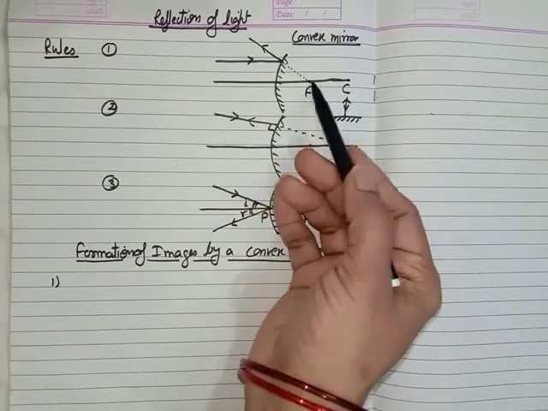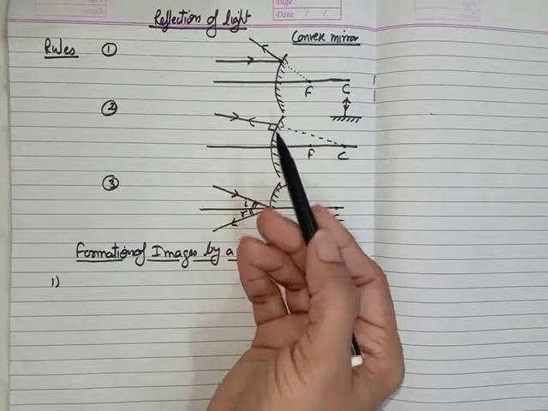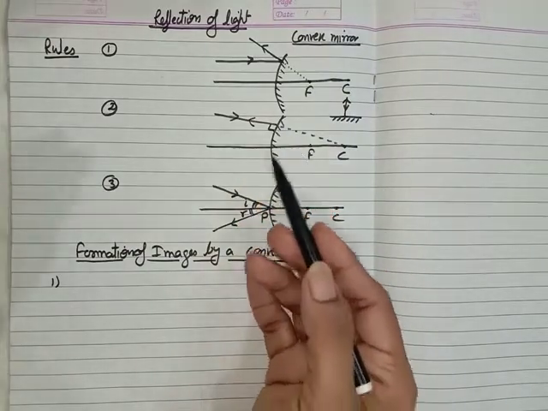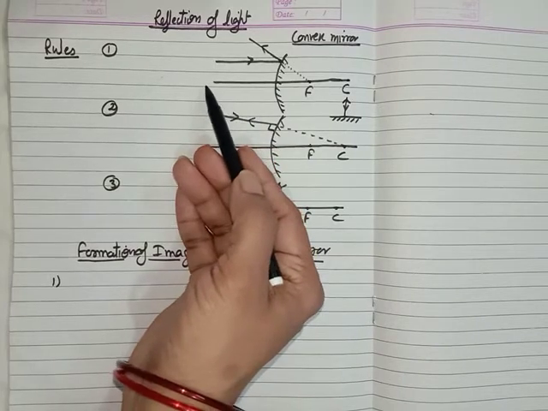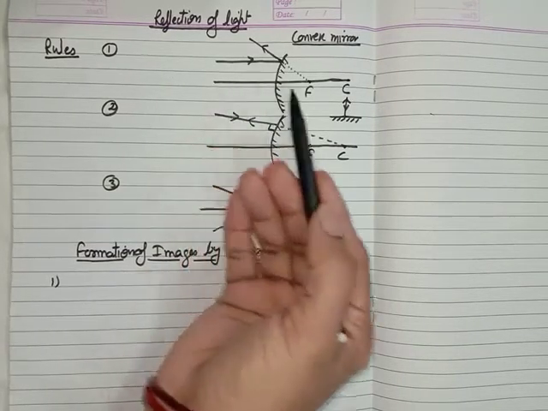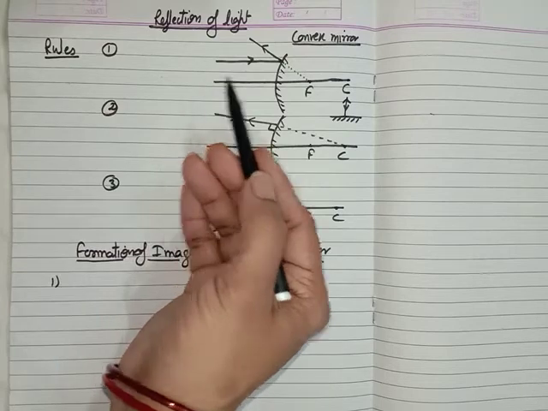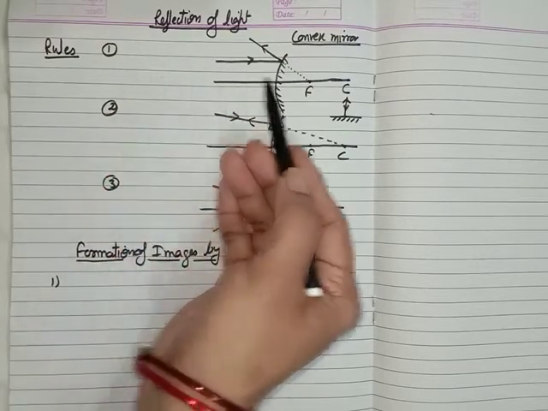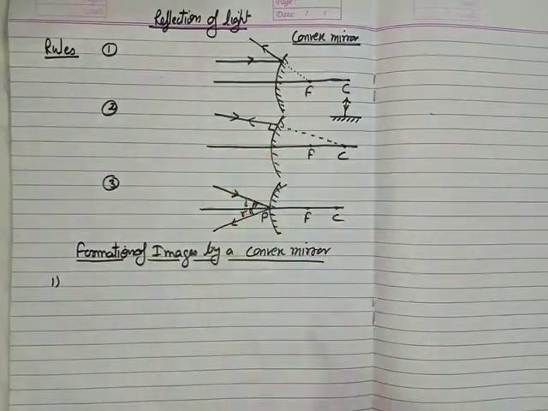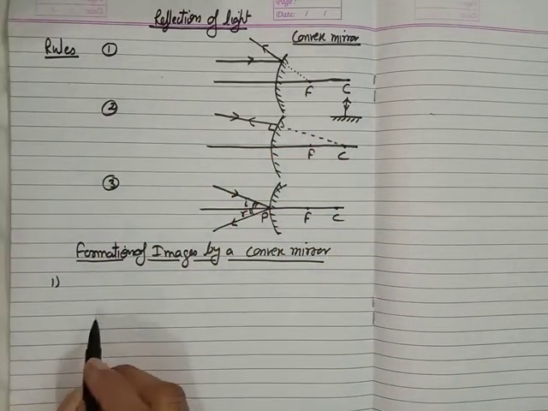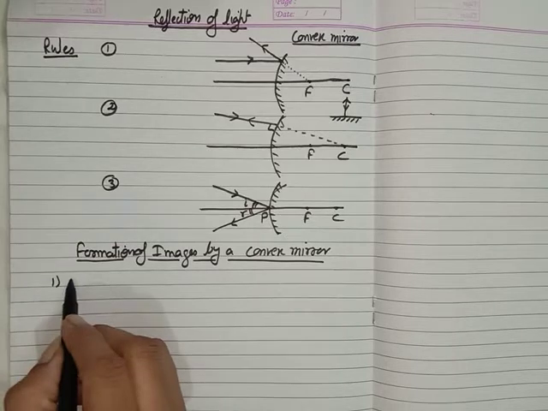So we can't put the object here, because we always look into the mirror from the front, not from behind the mirror, to see the images. So the object can be placed at any distance from the convex mirror, in between infinity and the mirror. So in the first case, I am writing here,